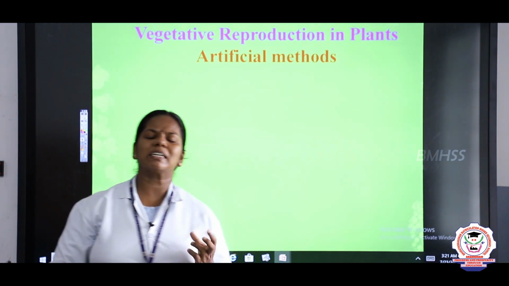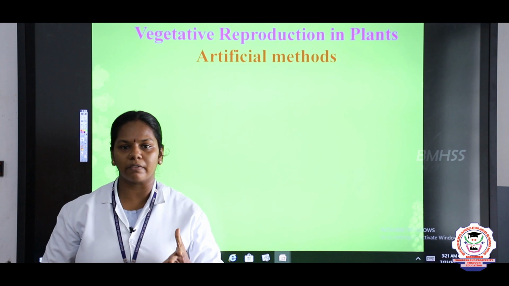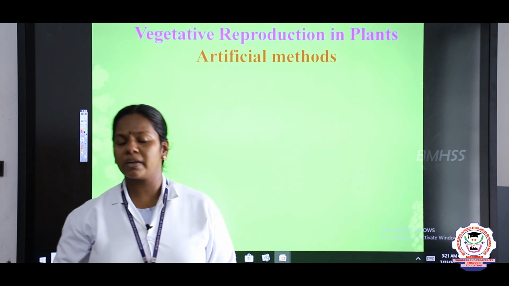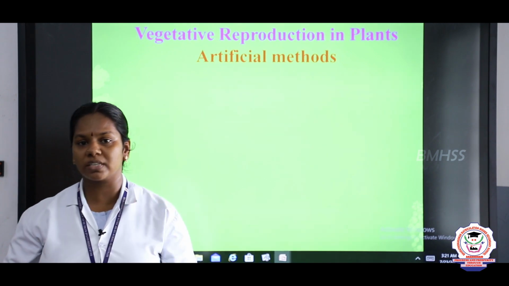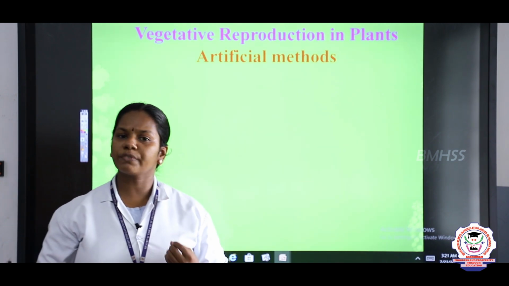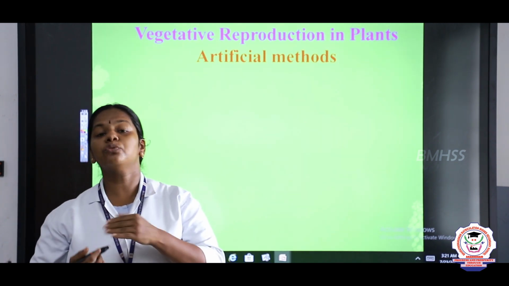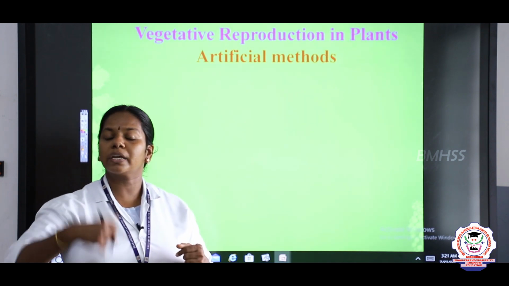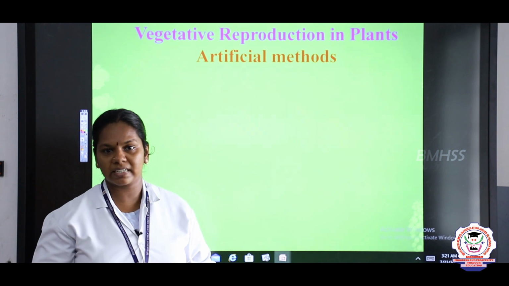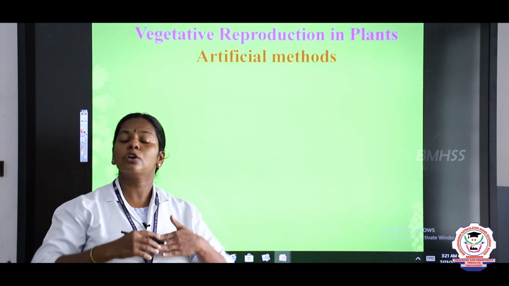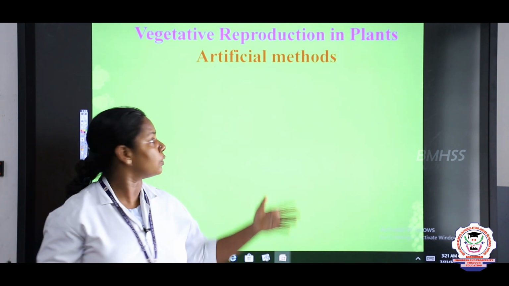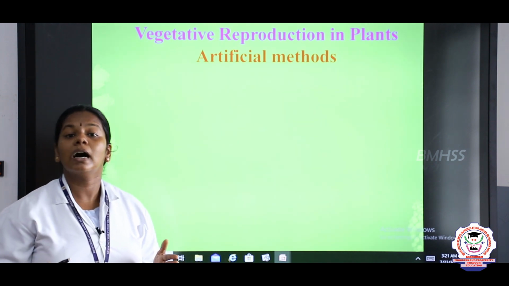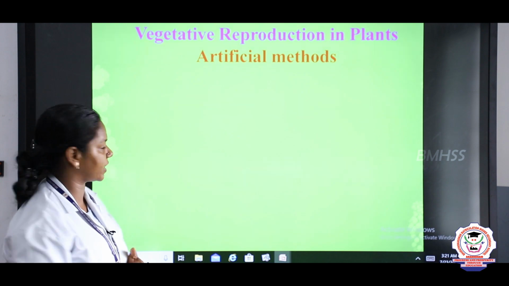You see children, in some plants seeds may not be available. For example, you take a rose plant, seeds are there but seeds are not capable of producing the next generation. So what we do, we plant a new rose plant by stem cutting, right? By cutting the stem we can produce more new plants. So it helps us to produce more number of plants. So in this session we are going to discuss about the artificial methods of reproduction and